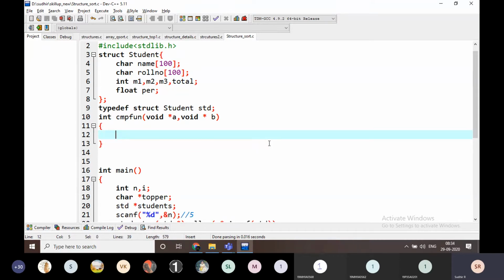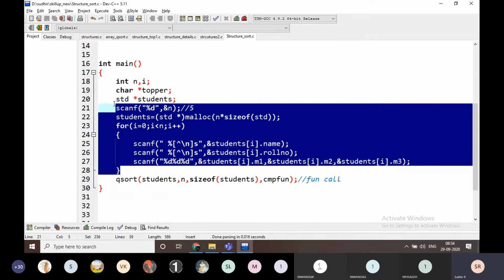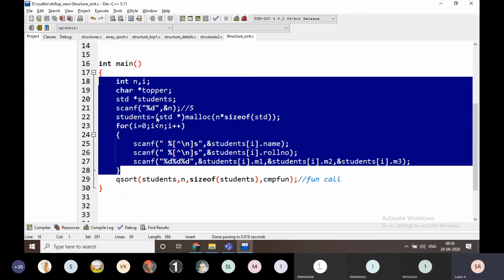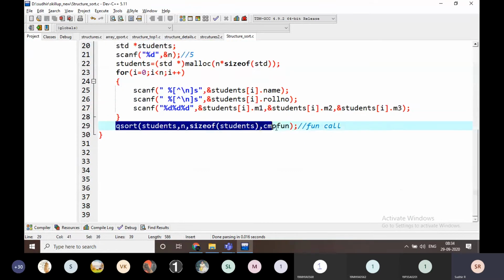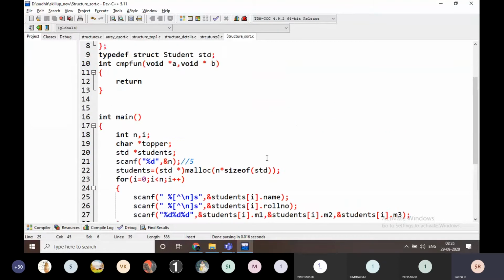We are going to write some return. Everything is the same, and up to here we are going to read the data. Here we are applying the qsort function. The data is in students, n is the count, and the size of that structure, and some comparison function.